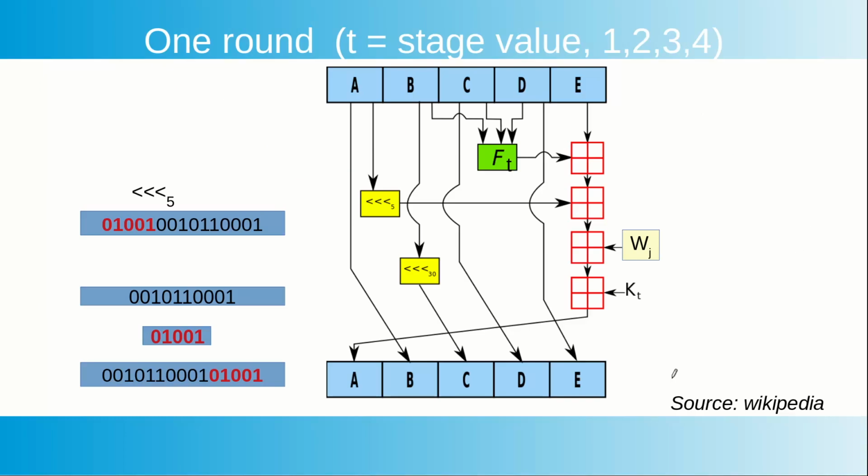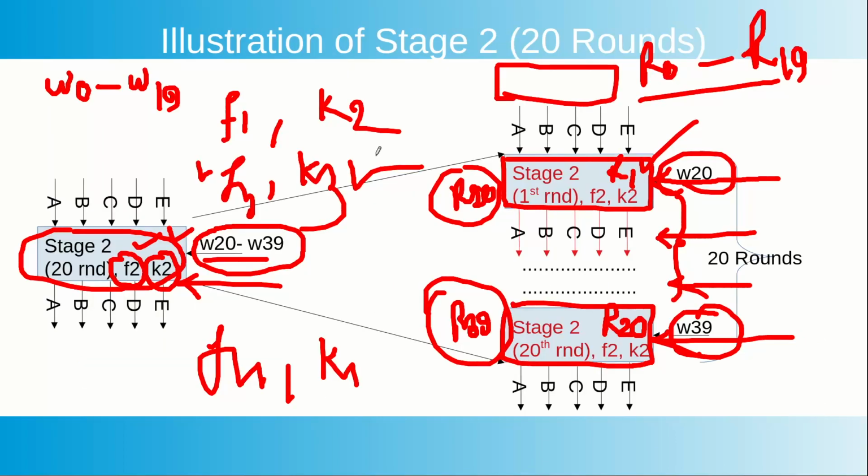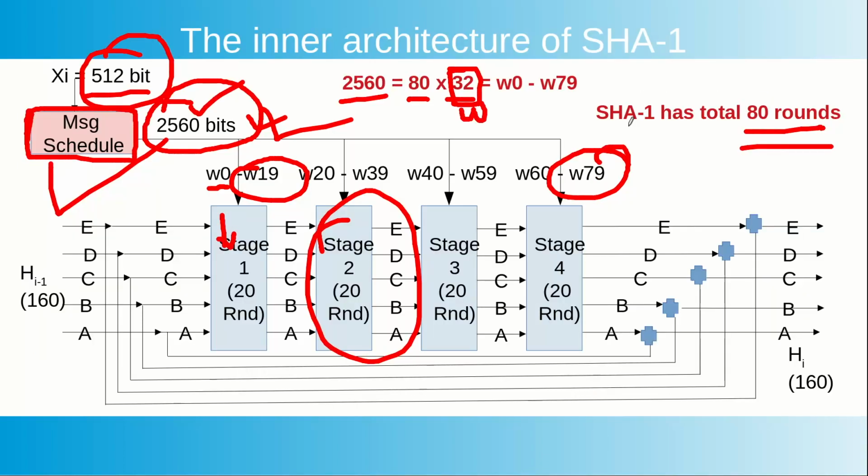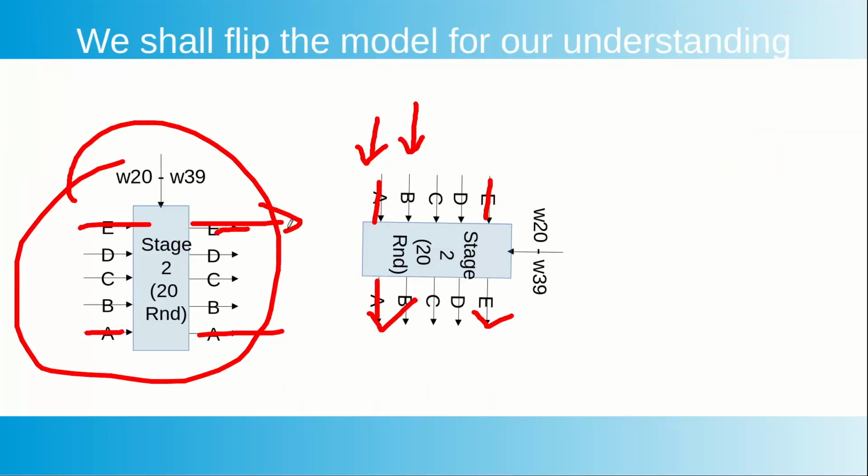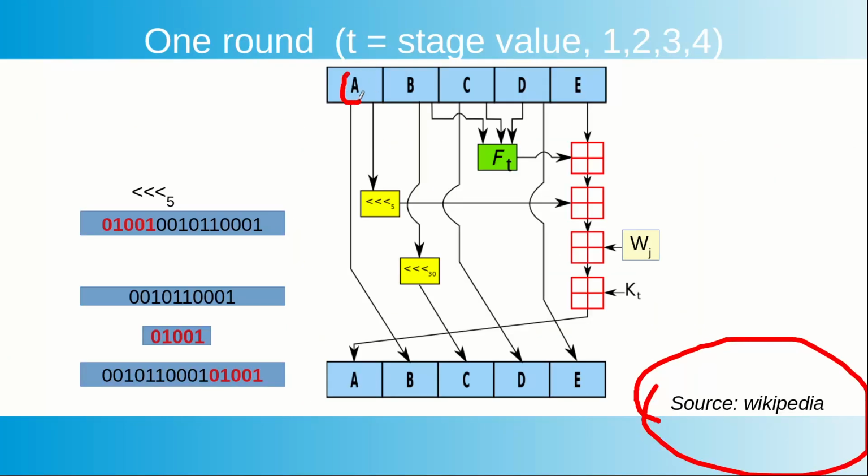This is the design. This picture I have taken from Wikipedia, but recall once again that there are 5 different things which are coming, A, B, C, D, E, and once again recall that these A, B, C, D, E are essentially coming from the previous hash output A, B, C, D, E, either in this way or by propagating from some stage to some other stage. So these are our A, B, C, D, E. This is our A, this is 32 bit, this is our B, 32 bit, 32 bit, 32 bit, 32 bit.